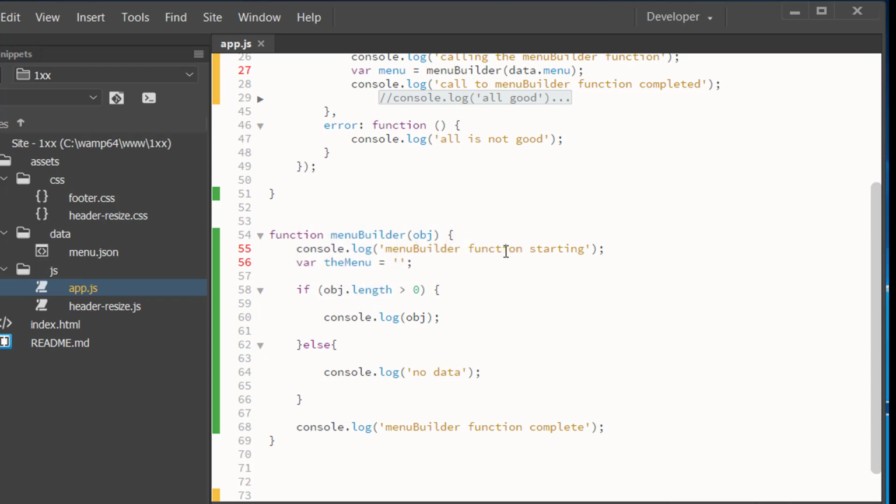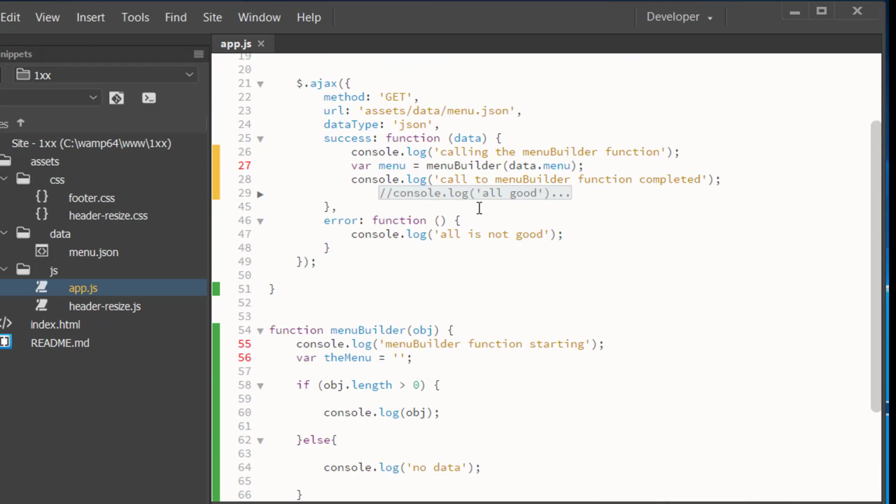Comes into the function, says, hey, it's starting, writes the data out. Then it comes down here and says, done. I'm complete, I'm over. Then it picks up back here again and says menuBuilder function completed. And that's exactly what we see in console. So that's pretty cool. So at this point though, one of the things that we want to do is we want to be able to go inside of that menuBuilder function on success, and instead of dumping the object out,